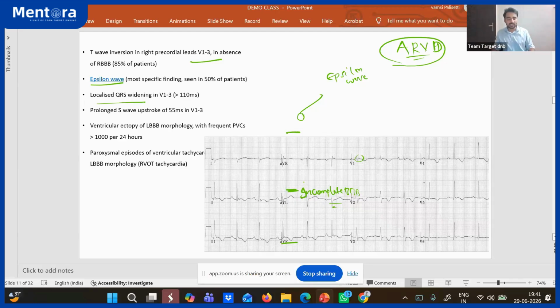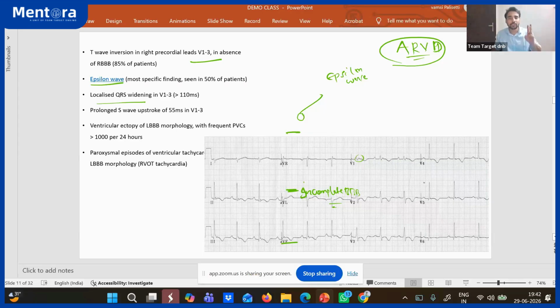So if anyone asks about sudden cardiac death, you have to remember three ECGs. One is the Brugada pattern, another is arrhythmogenic right ventricular dysplasia, and the other is hypertrophic cardiomyopathy. And you all know what hypertrophic cardiomyopathy is: young adults, athletes, who are running and suddenly die. When you do an ECG, they will have deep T inversions, because of the LVH and all. That also you have to diagnose.